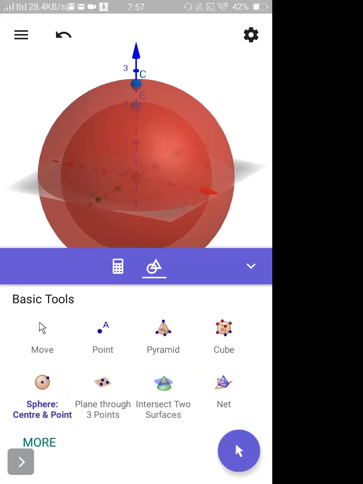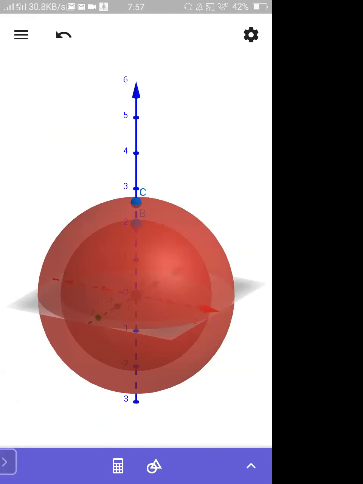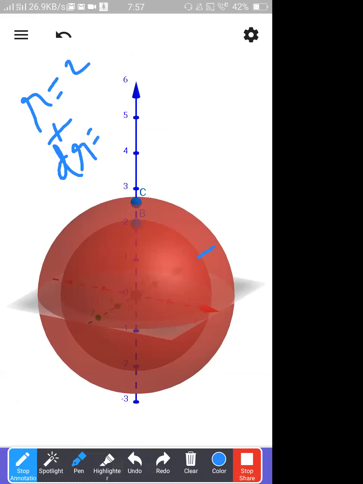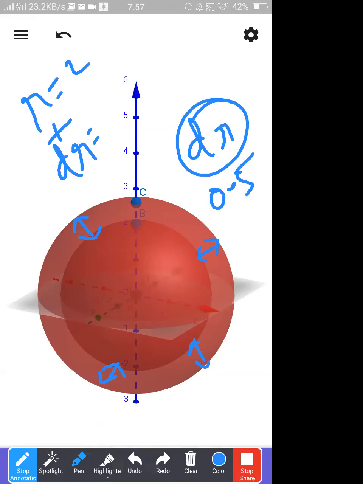I'm getting another sphere. Now, please somebody tell me what is the change here? As compared to the first sphere and the second sphere, you go anywhere on the sphere, you measure the change. You go here, you measure the change. You go here, you measure the change. Always the change will be the dr only. In this case, what is dr? Just 0.5. Anywhere on the sphere, the increase in radial distance, the change in radial distance, will be the same. Or you can just rotate the sphere in any way you want. If you measure the distance, that is dr.